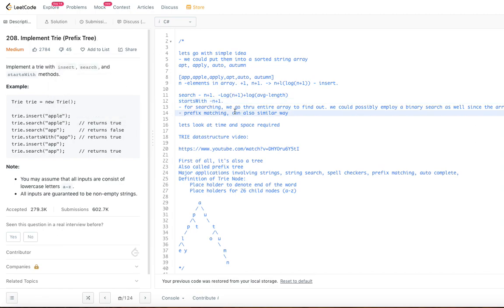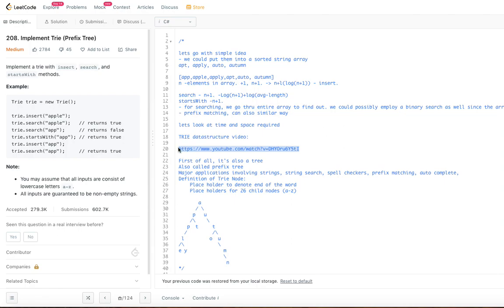I have already created a trie data structure video which talks extensively about it with all kinds of examples. I have put the link to the trie data structure video in the description below this video, and I am also giving it here. So please pause this video right now, go ahead and look at the trie data structure video, and come back to this.